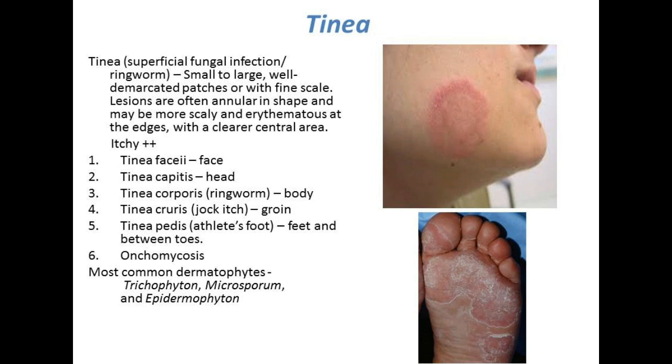It starts off as a small patch, but they enlarge, and they're very well demarcated annular lesions, so they're round. They tend to be quite scaly around the edges and red, and the central area is usually a little bit clearer. They're intensely itchy, so you may have a different nomenclature according to different distribution of the rash. And the most common dermatophytes are Trichophyton, Microsporum, and